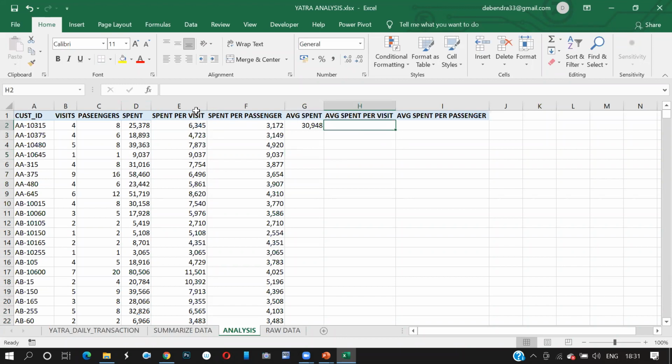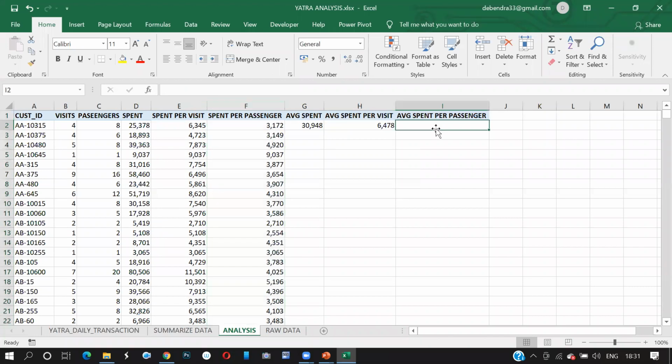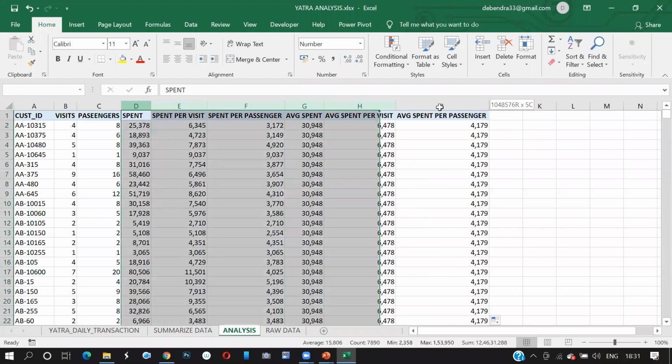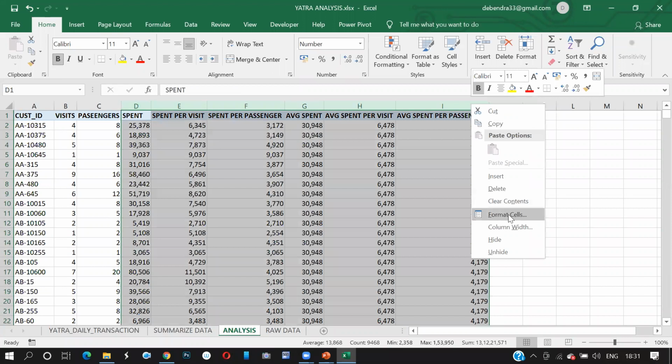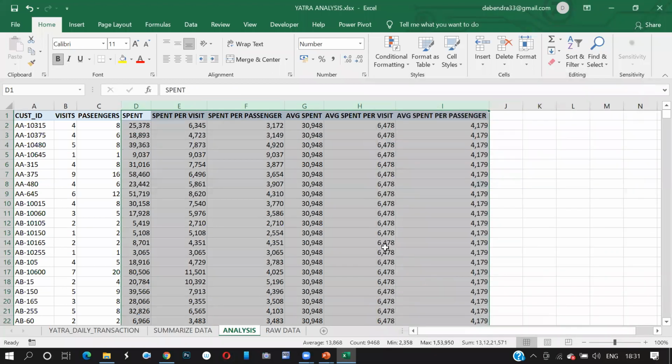What is the average spend per visit coming, guys? 6478. 6478. And what is the per passenger average spend coming? 4179. 4179. Very nice. Right, guys? I select this all. I make it here format cell to a currency format with 0 decimal values.